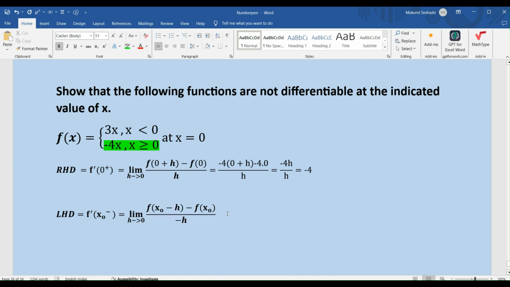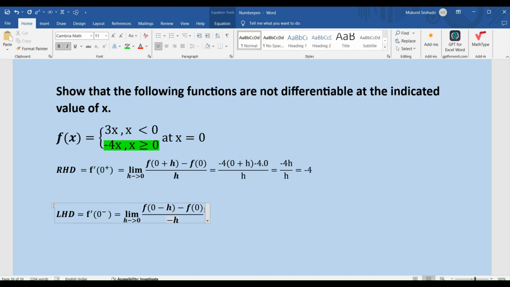So there we have the LHD on our screen. LHD equals f dashed of x naught minus, equals limit h tending to 0 of f of x naught minus h minus f of x naught, divided by minus h, right? And what is my x naught? Like we saw in our RHD, our x naught is 0 because that is where we are examining our differentiability. So substitute x naught equals 0 everywhere in this particular expression. And let's